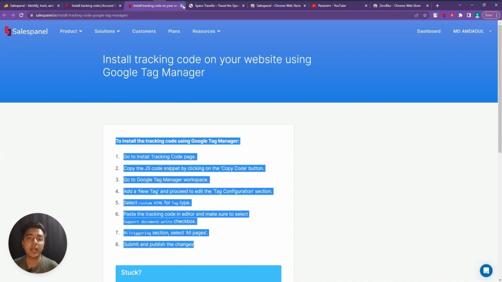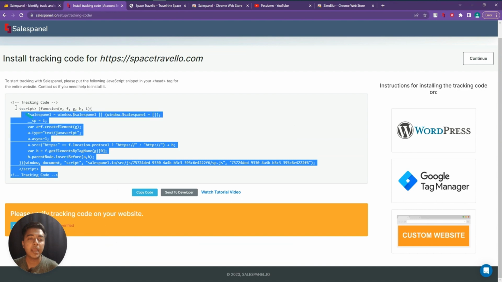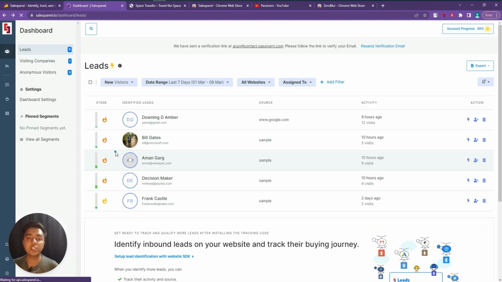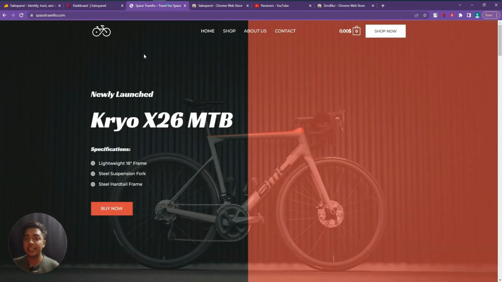And I have done these things already. Basically, I have added this code in the head section of my website. So whenever you add this tracking code on your website, you can track the complete website visitors' journey by using this sales panel. So let's say you have added your tracking code on your website, and your website is spacetravelo.com, and